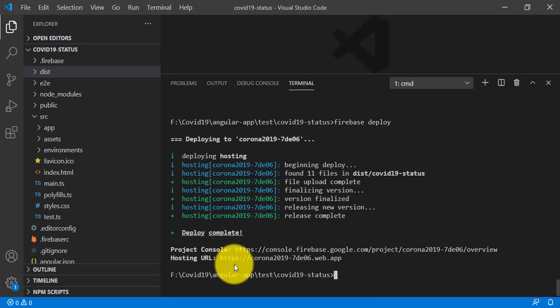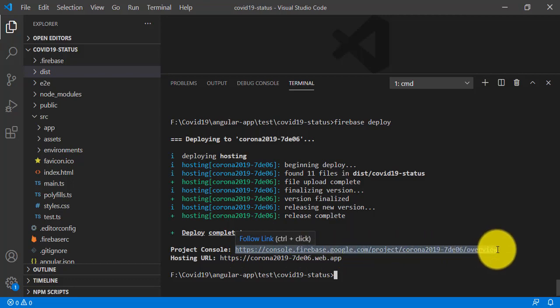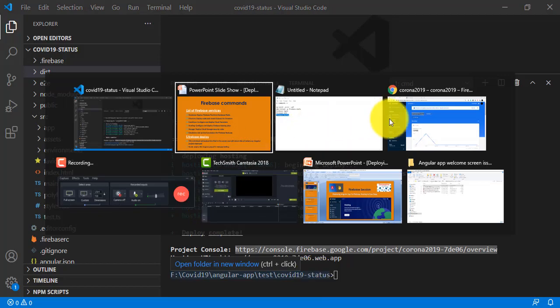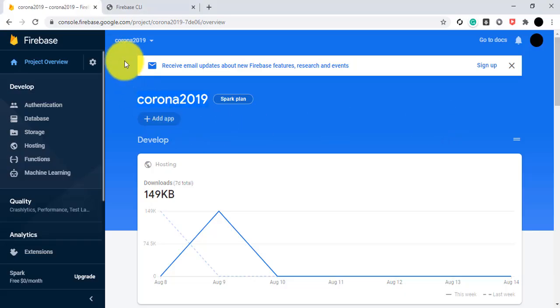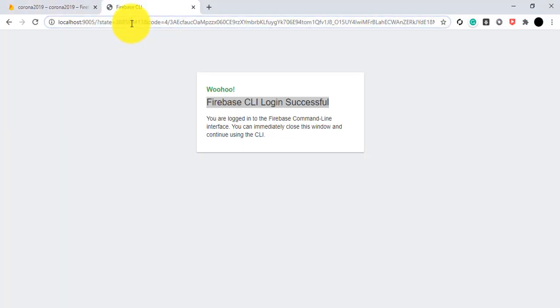So for this you will go to the project console part, you copy this URL, and go to your browser and paste it here, and you'll see the overview of your Angular project directory after deploy, using the Firebase console.